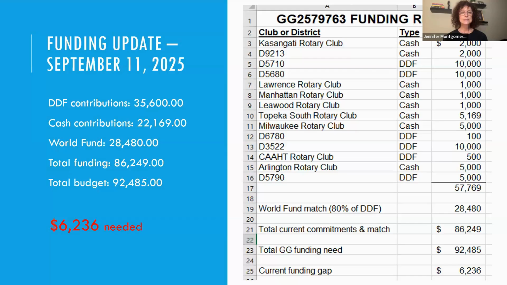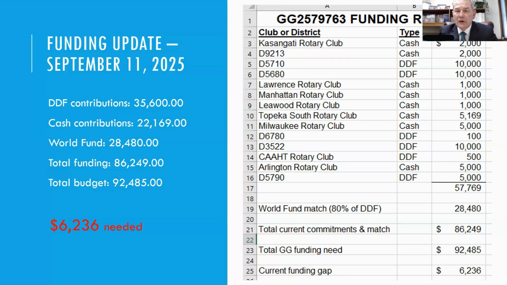Yep. So this is the funding portion, and I'm going to let Faron explain this, where we are with funding. We've done a lot of fundraising over the last several months. Yes, so this is where I come in, for the money piece of it. This is how you can be involved.